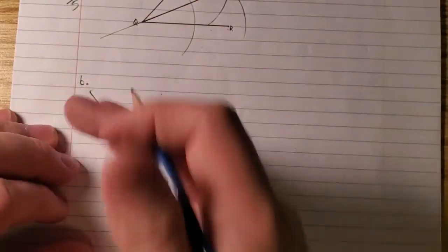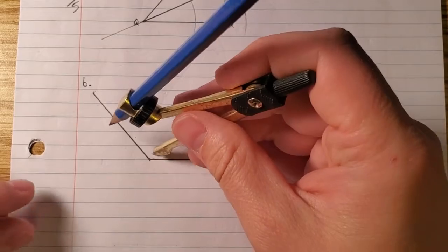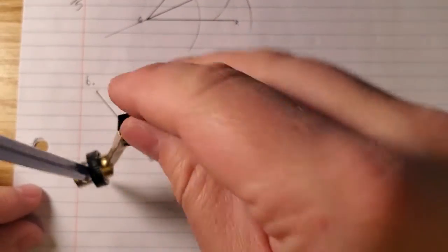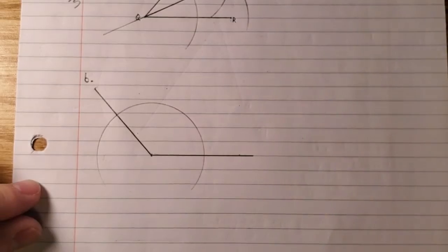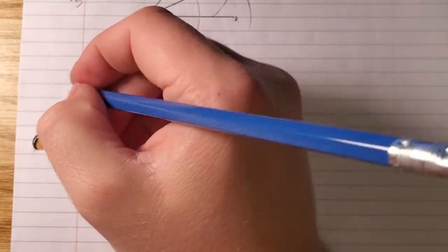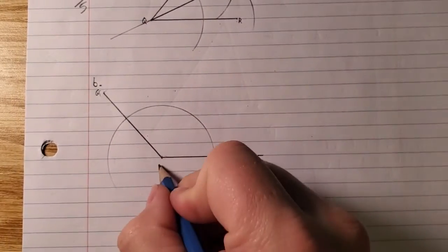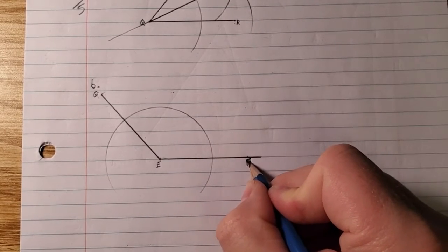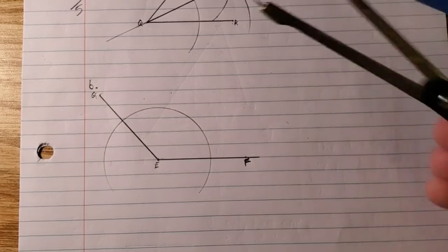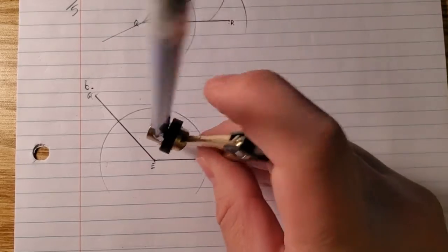Okay. Now the trick here is making sure that you have it set big enough. Okay, so forgot to label my circle, but we need to draw an arc that reaches both sides. This is supposed to be labeled G, E, F. Oh, not E again, F. Okay. So I've drawn it once, and then I can take my compass and the points that intersect with those